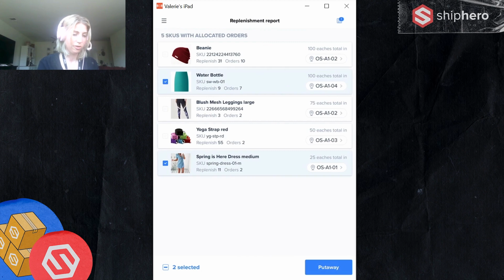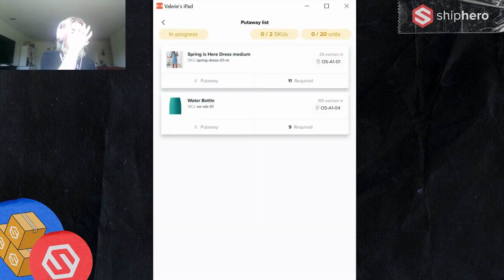All right, let's go to our put away list. So I'm just going to do these 2 items for now. I'll leave Dana with 3 items because I'm very nice. All right, so you hit put away. Now those 2 items are locked to me. If I were to quit this and not complete, it will unlock and then someone else can choose it from the replenishment list. But right now, they'll show as in progress to my user.